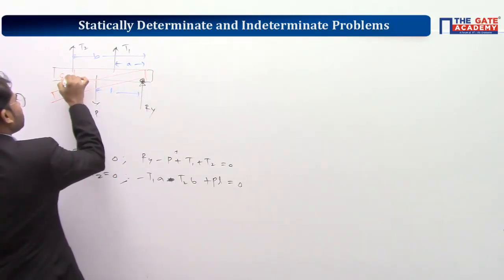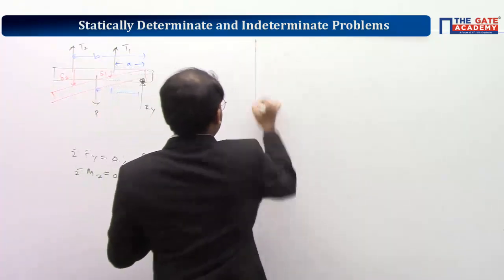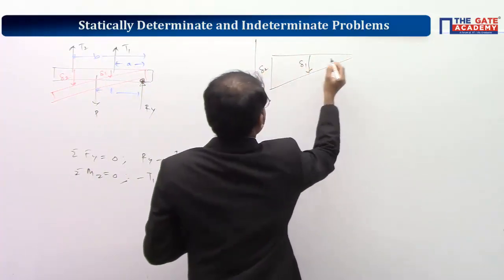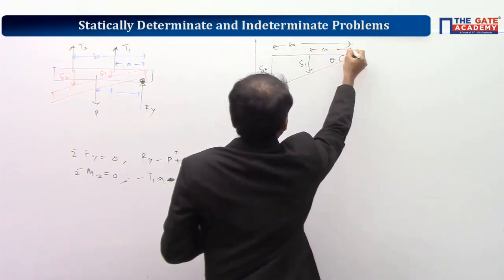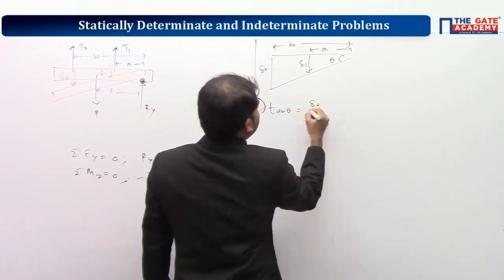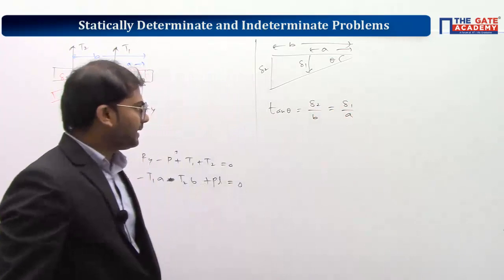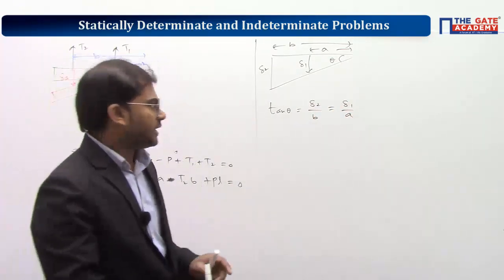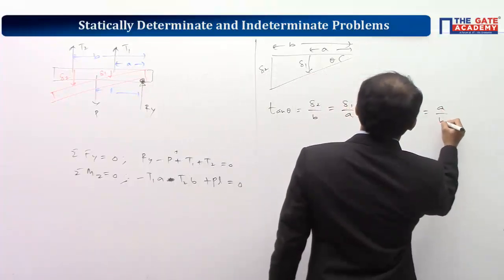So here let's say deflection is equal to delta 2. This deflection is equal to delta 1. Now if you take the triangle, it is like this. So this is delta 1, this is delta 2. Let's take this as theta here. This is given as B, this is given as A. Now you can say that tan theta value is delta 2 by B, also delta 1 by A, both are same. Tan theta is equal to delta 2 by B and also it is equal to delta 1 by A. Understood? You get delta 1 by delta 2 is equal to A by B.